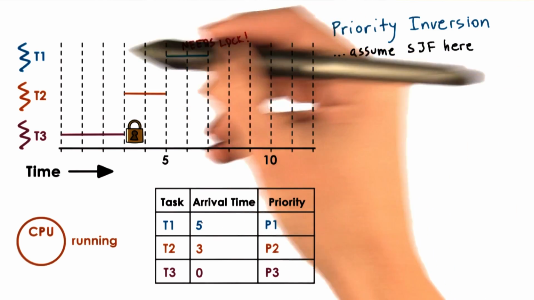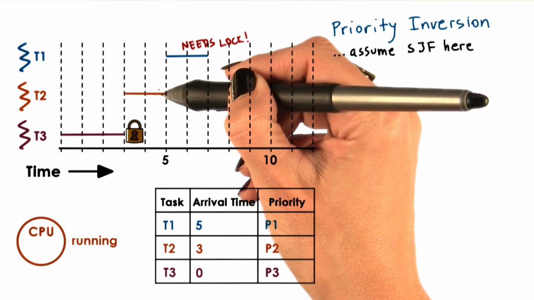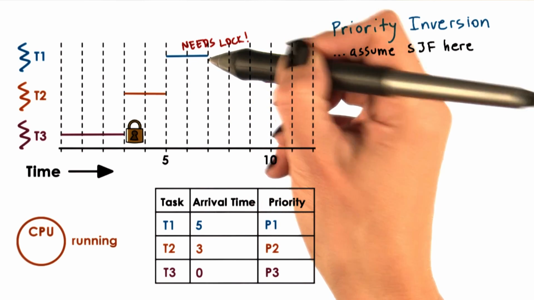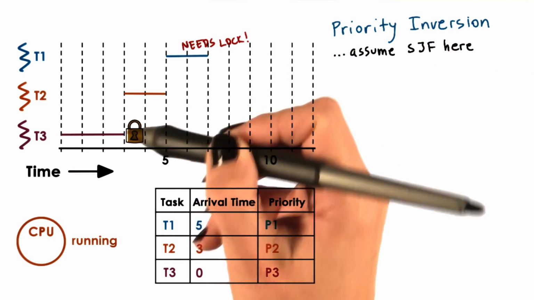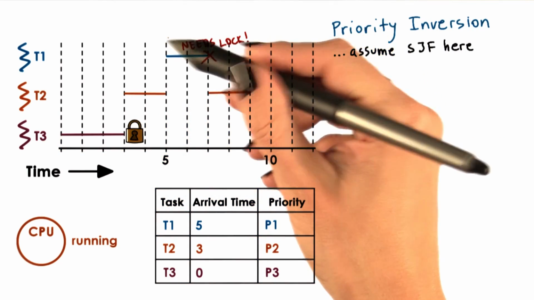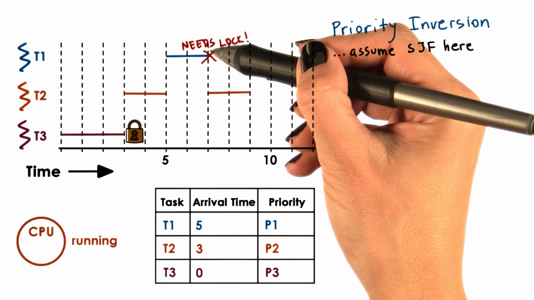Now, at time 5, T1 arrives. It has higher priority than T2, so T2 will be preempted. And then T1 executes for 2 time units, and at that point, it needs to acquire a lock, and this happens to be the exact same lock that's already held by T3. Unfortunately, that won't happen. T1 cannot acquire the lock, so T1 at that point is put on a wait queue